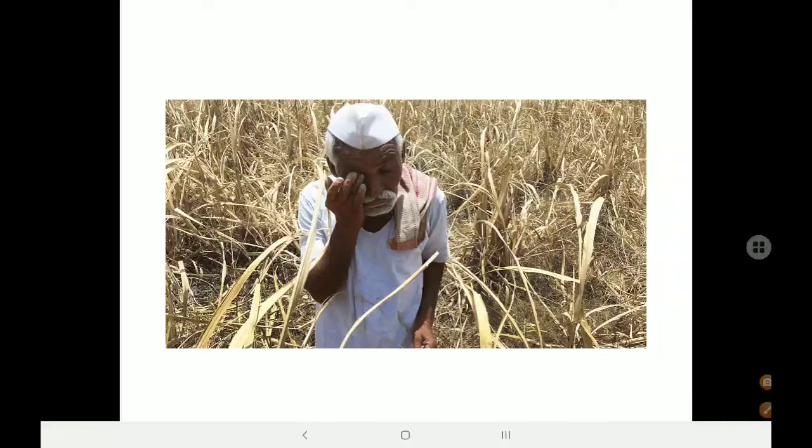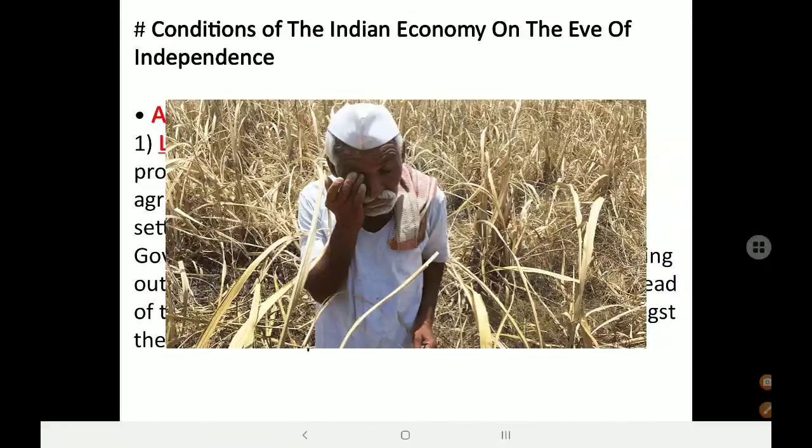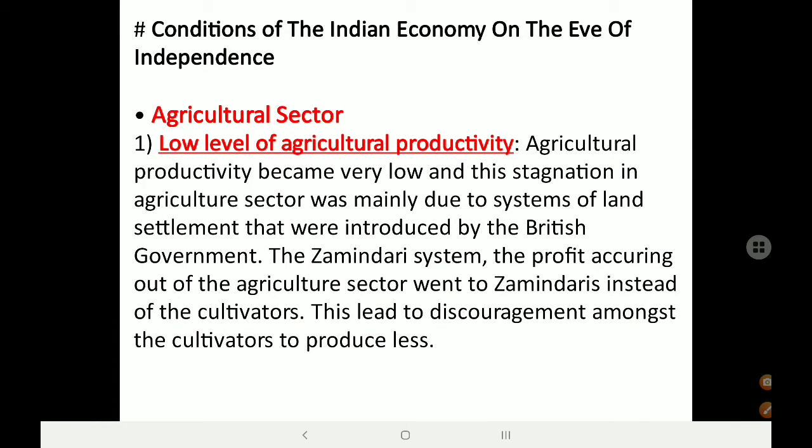Different sectors of Indian economy on the eve of independence were in a very dismal state. All the sectors of the economy, like the agricultural sector, the industrial sector, and foreign trade, were badly hit by the colonial rule. The critical indicators of change, such as demographic profile of the country, the occupational structure of people, and the economic and social infrastructure, indicated that the country was adversely affected by the colonial rule.